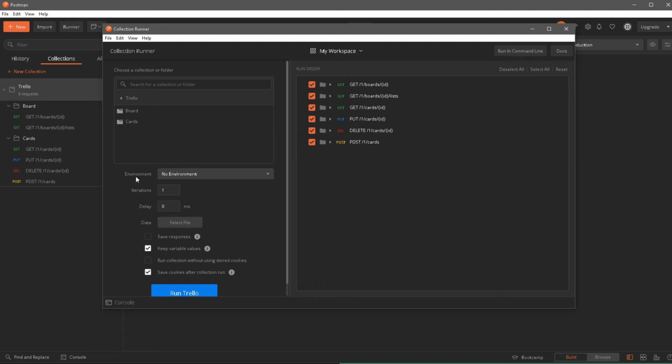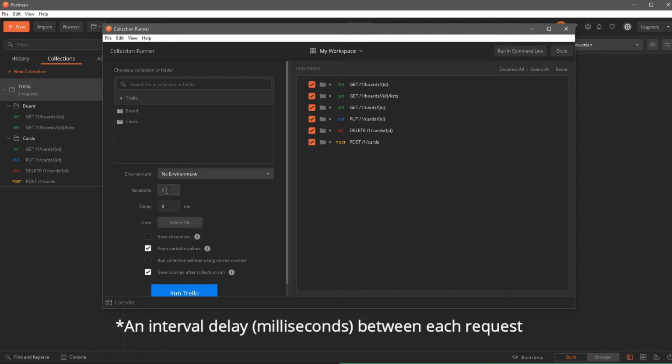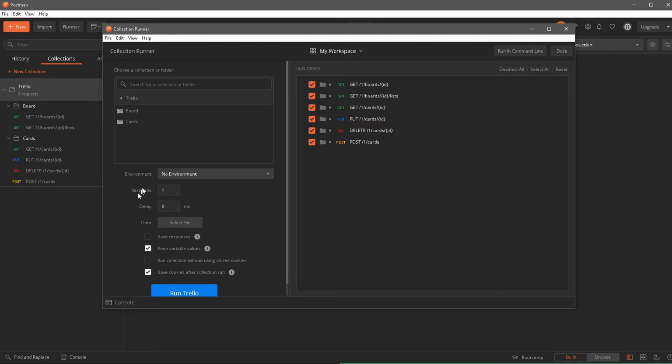The next option we have is the environment. So which environment we want to run a collection in. At the moment by default it says no environment. Then we have iterations. Iterations is basically how many times do I want to run this collection. I can run it once, I can run it 10 times, or I can run it 100 times. And then we have this delay option, and delay is basically the delay between these iterations. So let's say if you're running 10 iterations and you add 1000 milliseconds, it's going to take 1 second for each iteration once it's completed for the next one to actually spin up.